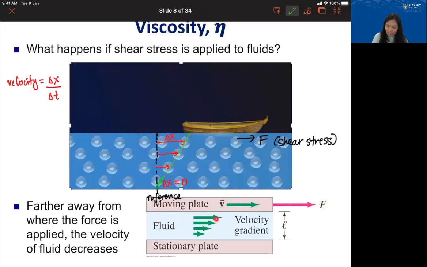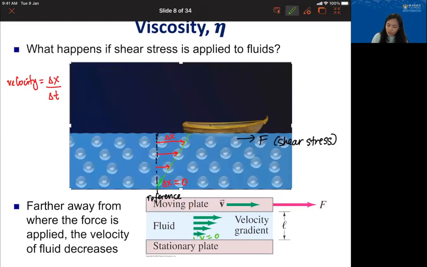You will see a change in the velocity of the fluid depending on where you're looking. At the top of the fluid, you have faster velocity, and as you go deeper, the velocity decreases. At the point where the plate is stationary, you can say that the velocity is zero. Okay, so hopefully the key idea I wanted to illustrate in this slide is that